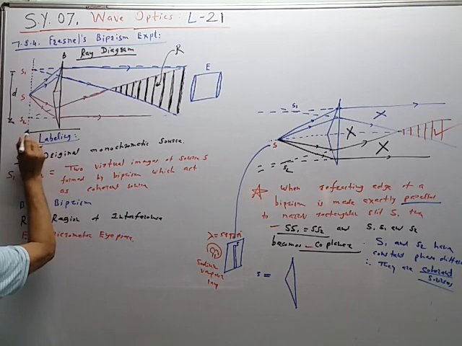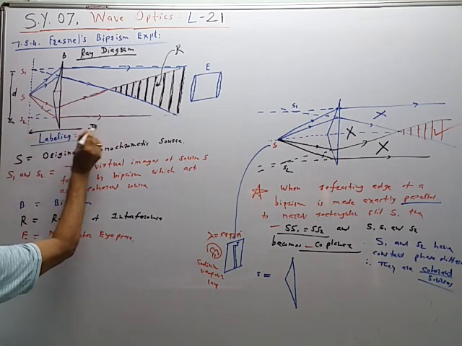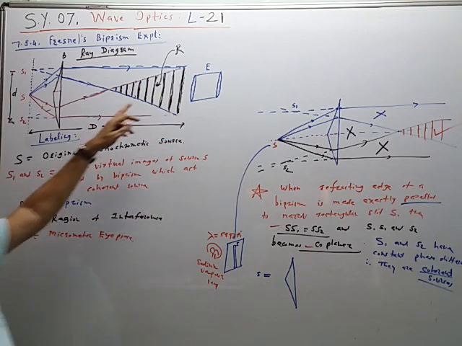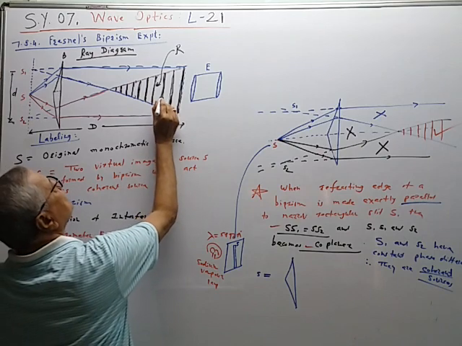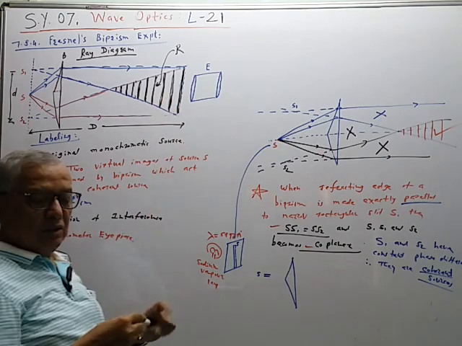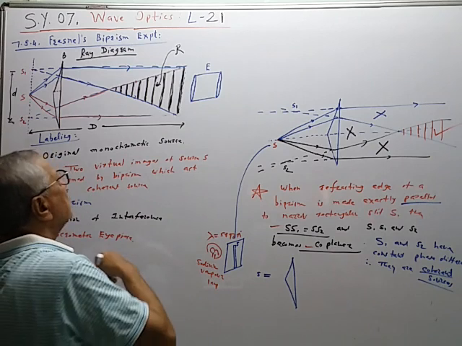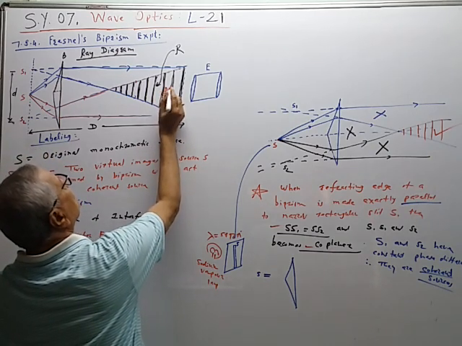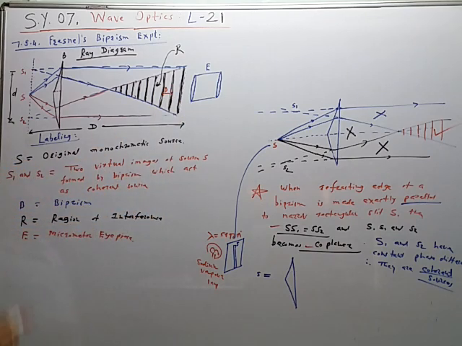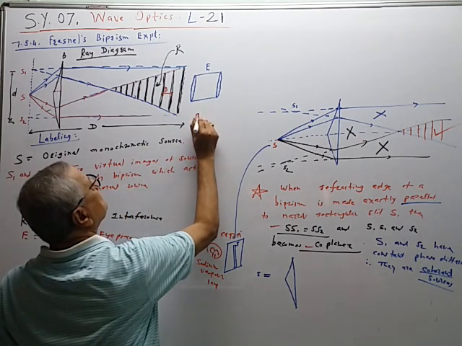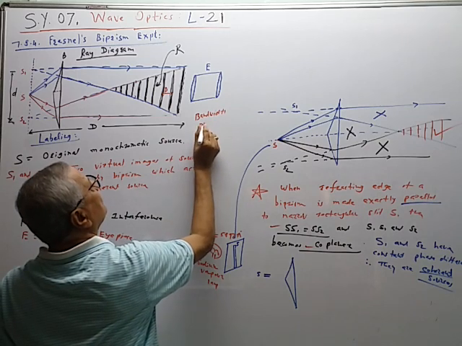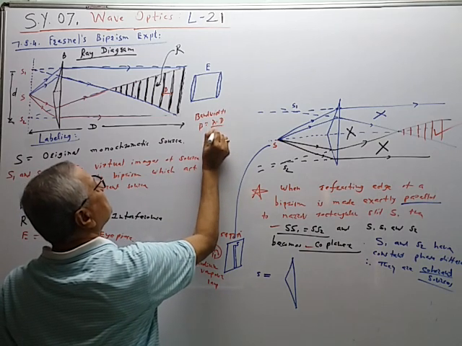This distance is capital D, the distance between the plane of the two coherent sources and the screen used for the interference pattern. The bandwidth is beta. The distance between two successive bright bands or two successive dark bands is called beta, or it is denoted by W, width W. This bandwidth beta is also called the fringe width. And we have derived this formula: it is equal to lambda capital D upon small d.